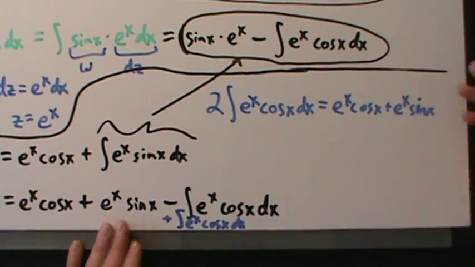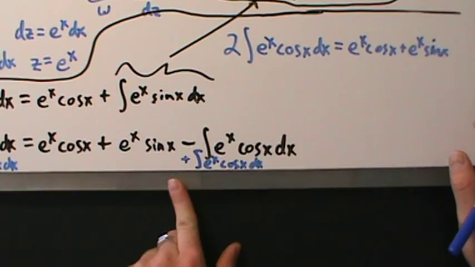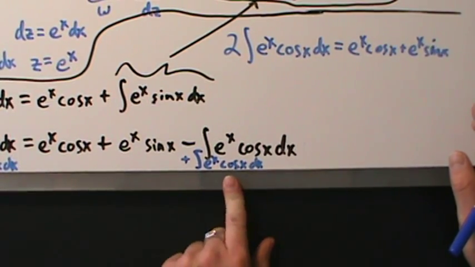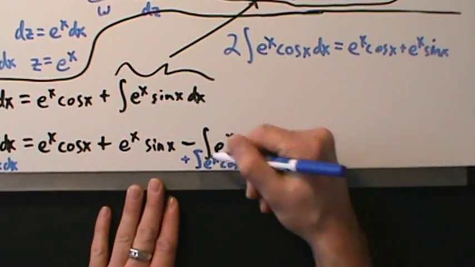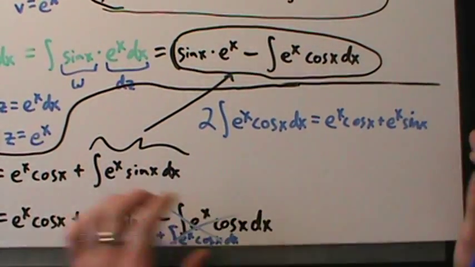Plus e to the x sine of x. And then what happened here, minus e to the x, minus integral of e to the x cosine of x plus integral of e to the x cosine of x dx. Okay, so these kind of cancel each other out. So these are gone. That's great because now what we can do is divide both sides by 2, and then